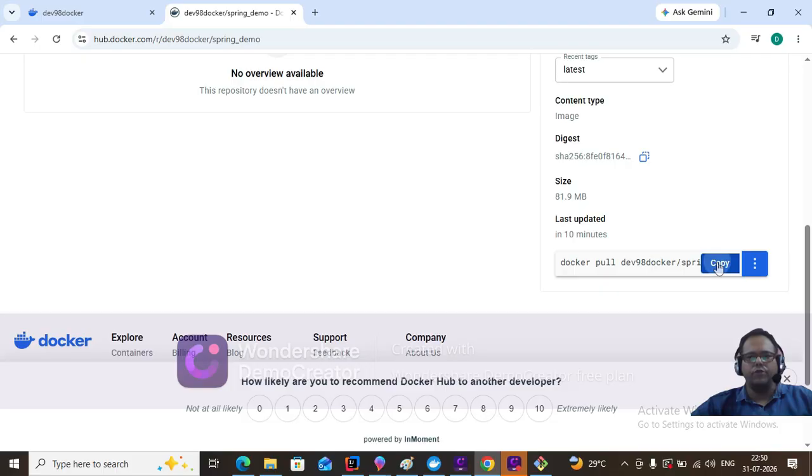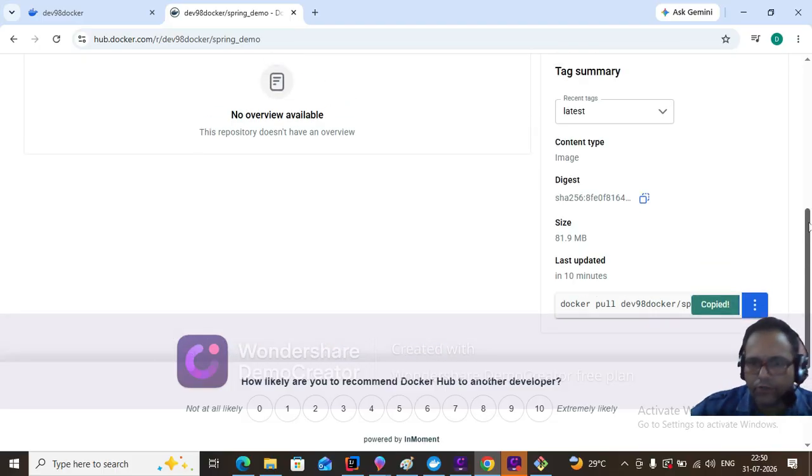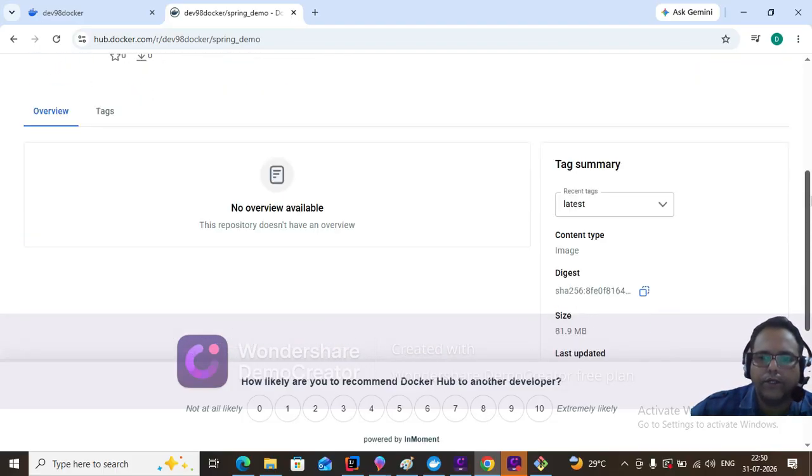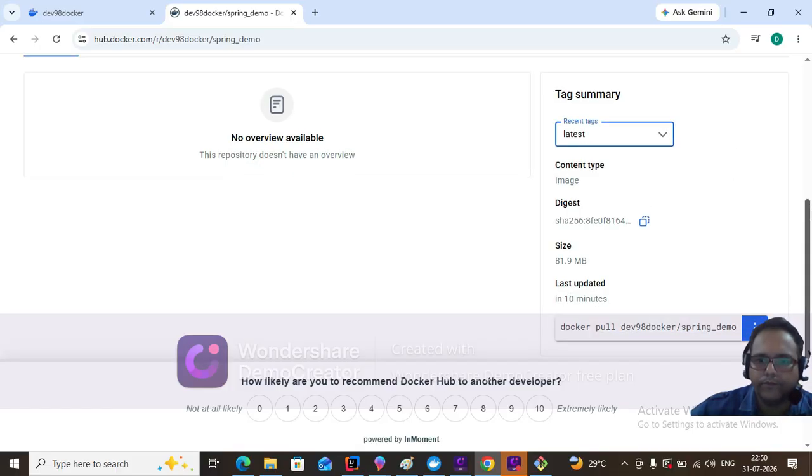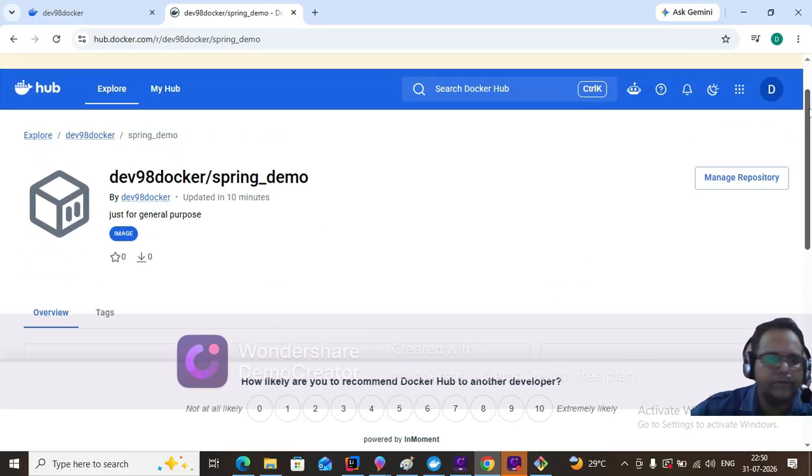You can pull this image. If you want to pull it, you can pull it. So latest syntax latest. Okay,